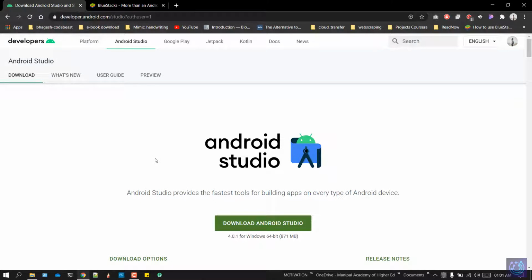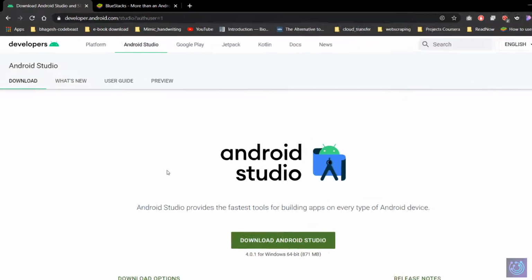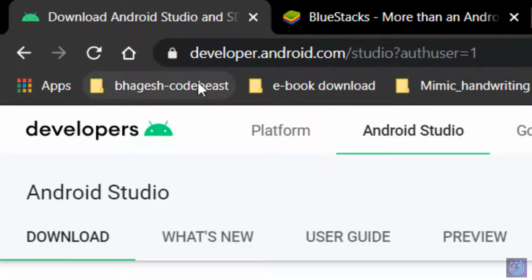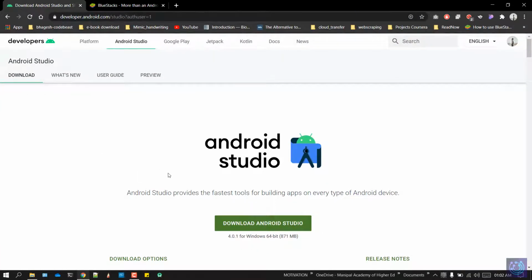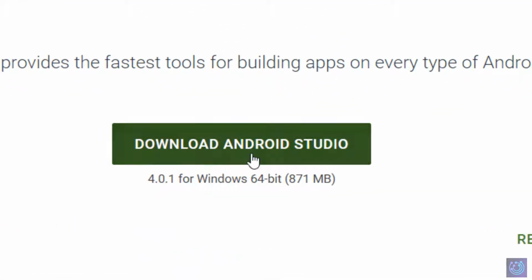One more reason for Android Studio is that we'll be sending some SMSs or text messages or calling to the virtual device in order to access the data. So it's better to have Android Studio, wherein you can make virtual calls or send virtual texts right inside Android Studio. You don't need any external device for that purpose. Just type in Android Studio in Google. The first hit will be Android Studio itself. If you see the website, it's developer.android.com. You can just type this in directly and you'll get to the website. And all you have to do is click on the download button, which is shown here.